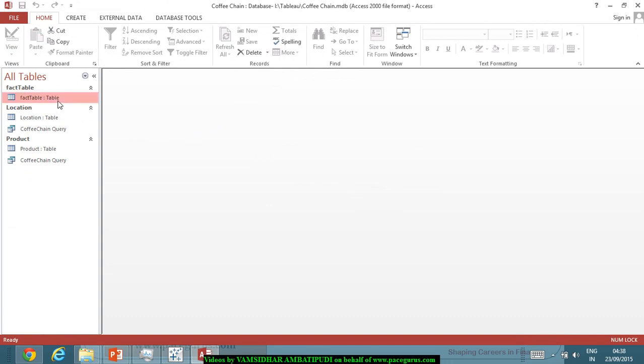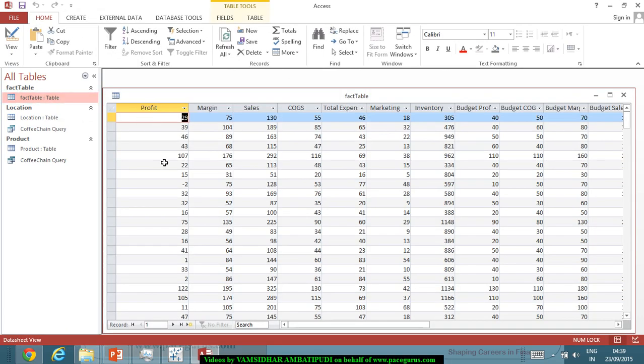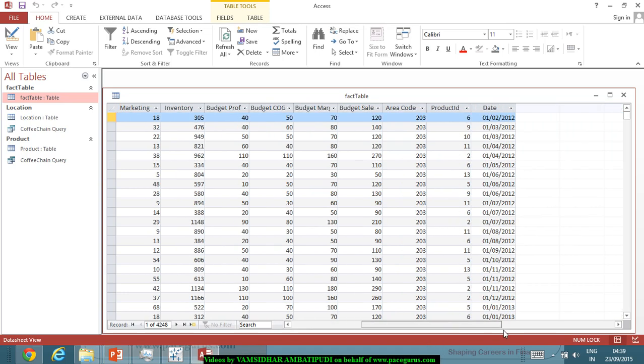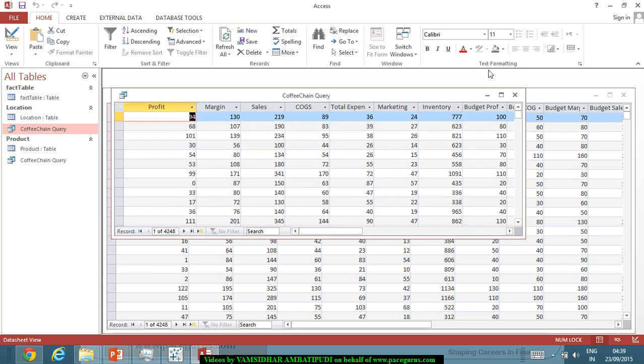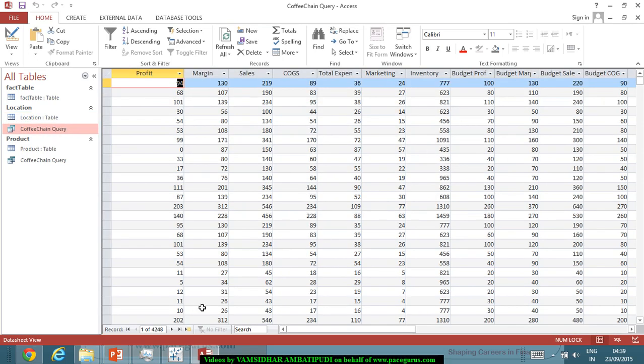You could see that there is a table which is talking about the profit, the margin, sales, cost of goods sold, total expenses, etc. There are quite a few fields here, and this is the table, and we have a coffee chain query, again talking about these aspects,